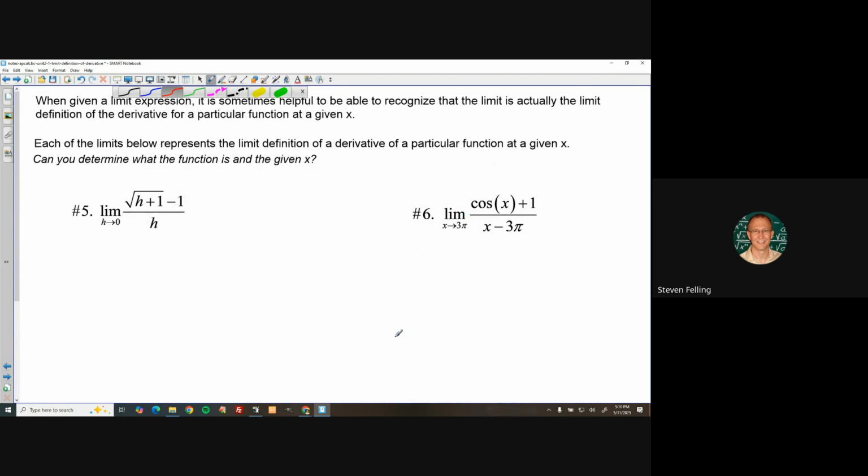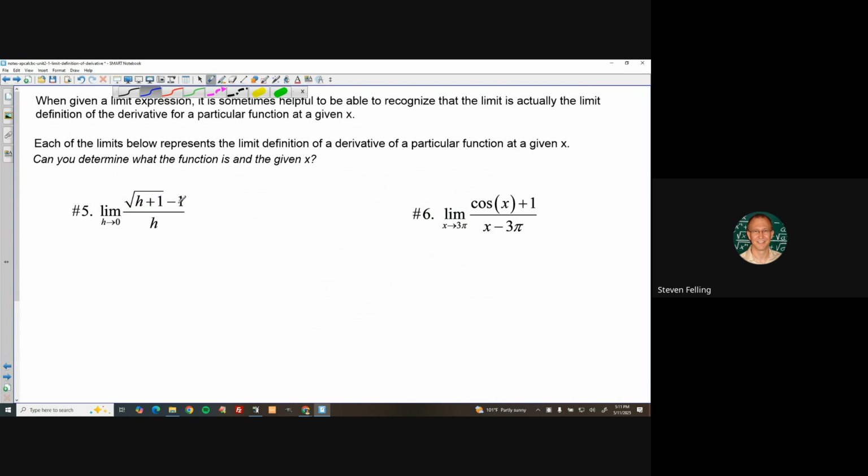Okay, so when given a limit expression, sometimes it's helpful to be able to recognize that the limit is actually the definition of the derivative for a particular function at a given x. So here's another type of problem that we can sometimes see. There's only one more example after this. All right, well, looking at this,